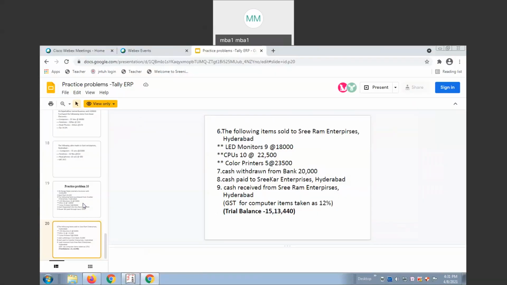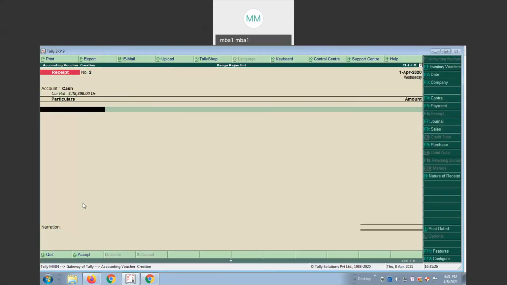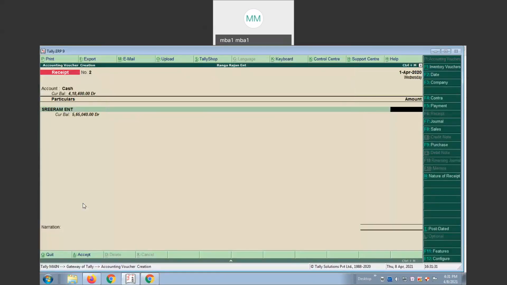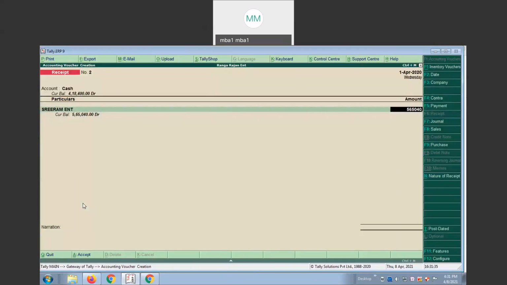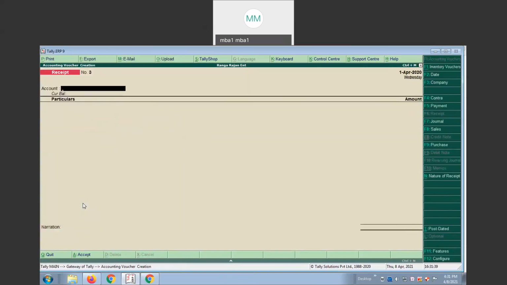Cash received from Sriram Enterprise. Receipt. Sorry, F6. Cash from Sriram Enterprise. See how much? 5,65,040. Save it. Or go to trial balance.